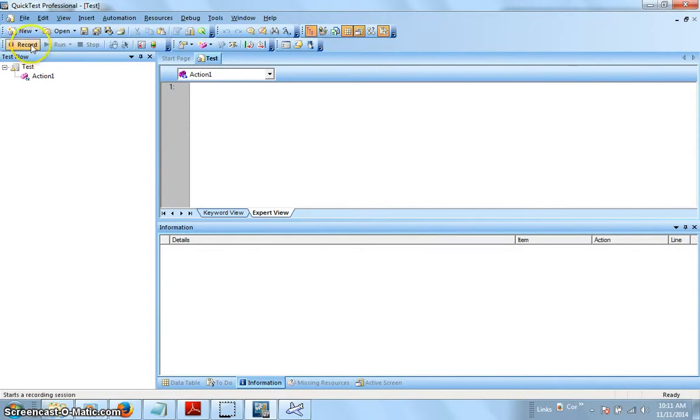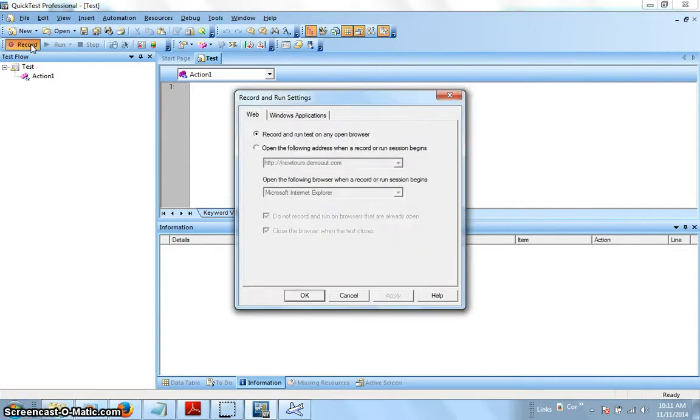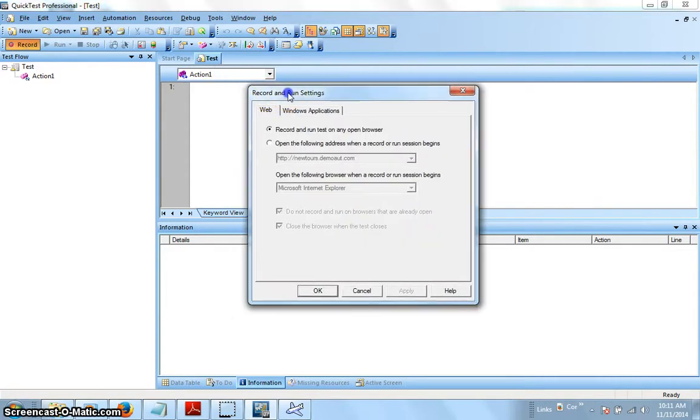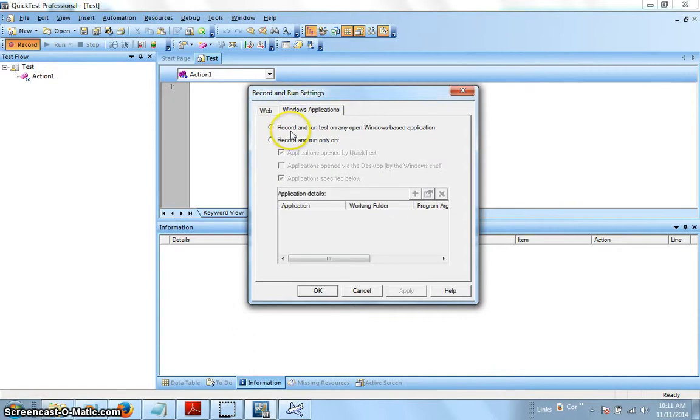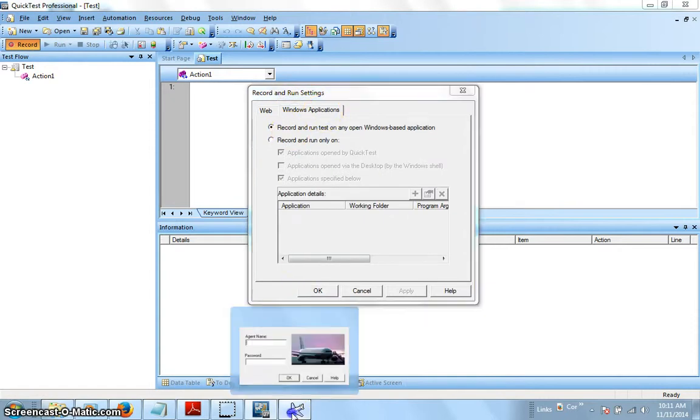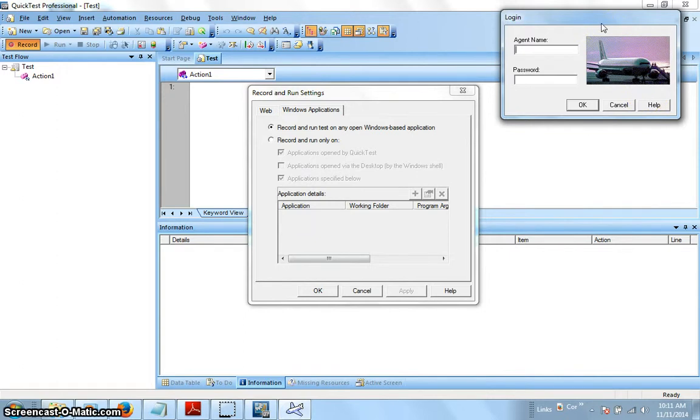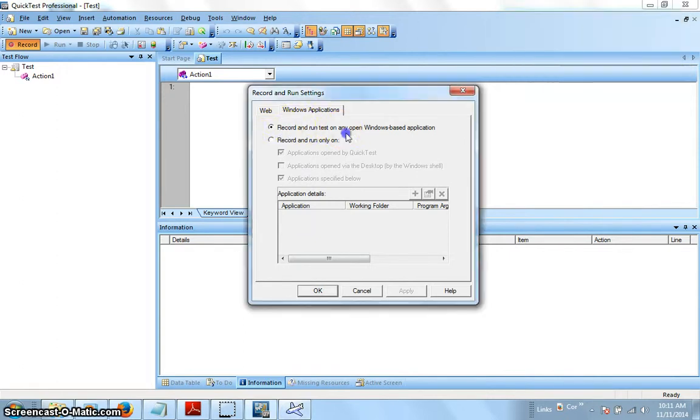We need to record first. We need to click on record and then you can start the activity. So I'm here, opening record. It's asking me about the window application, because my flight reservation system is window-based. By default it is record and run test on a window-based application.